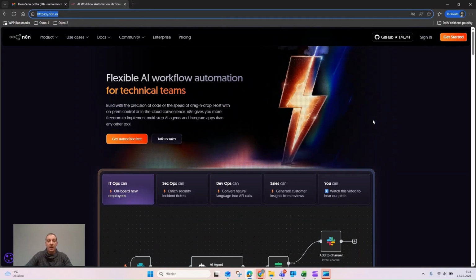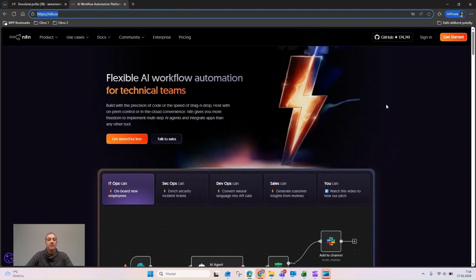Today we'll take a look at a tool that we'll be working with a lot here. It's called n8n. For those of you who haven't heard of it, it's a great tool for automation flows by connecting with other tools, whether that's email, calendar, or through API connections like OpenAI, accessing databases, and so on. You can create fairly complex flows there. And we'll take a look at how to set up this tool, how much it costs, and how to get